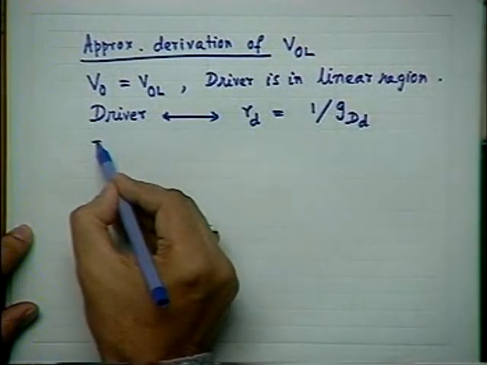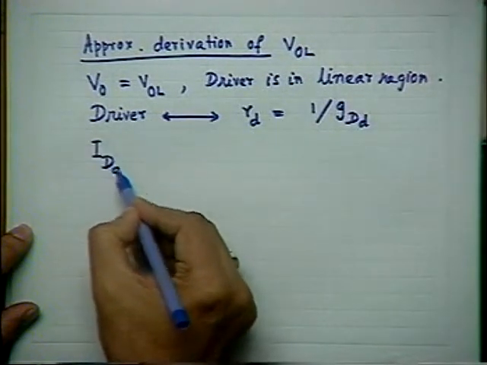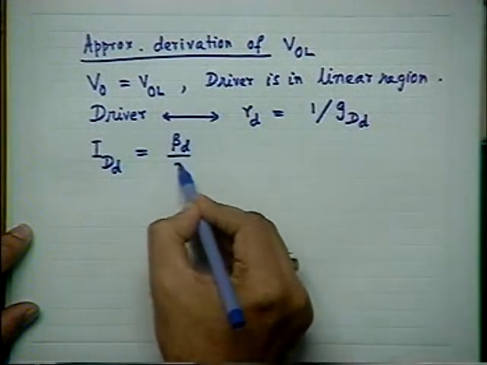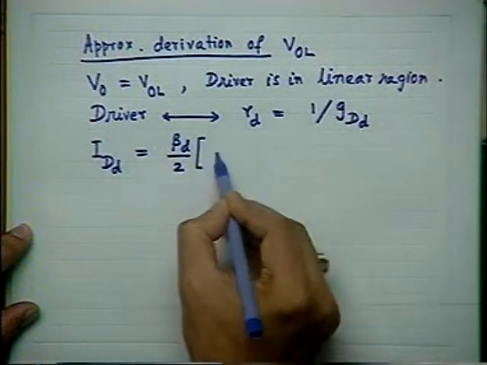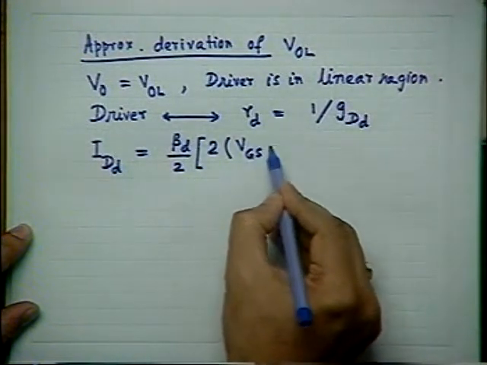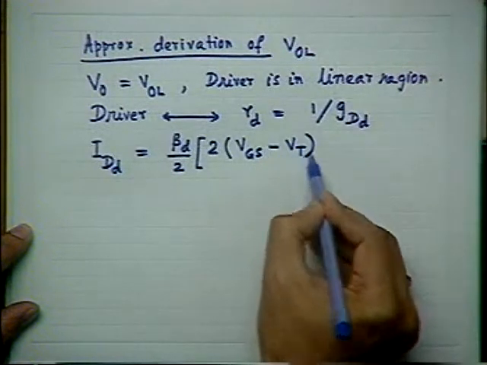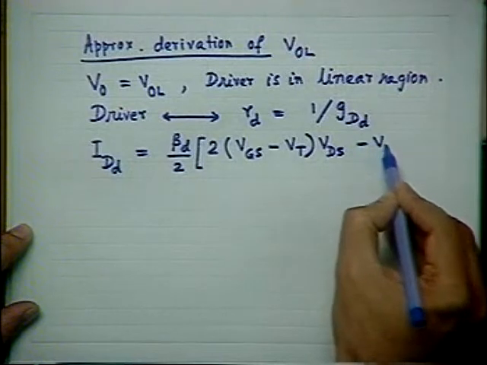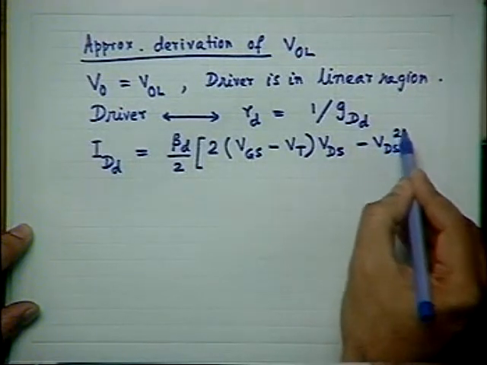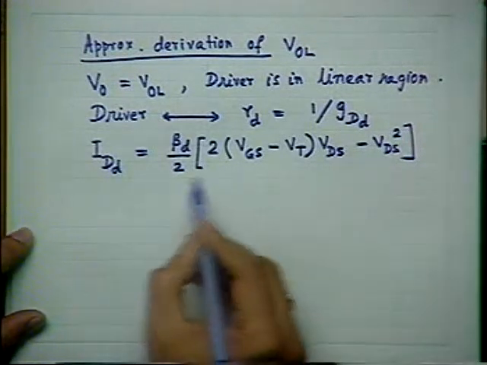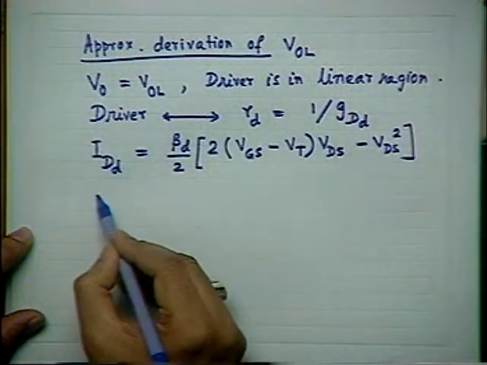And in this case, the driver current is given by beta D by 2 into VGS minus VT times VDS minus VDS square. Please note that in this case VGS is VI and VDS is VO, from where we get GDD